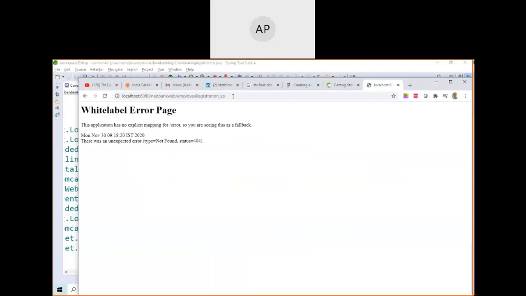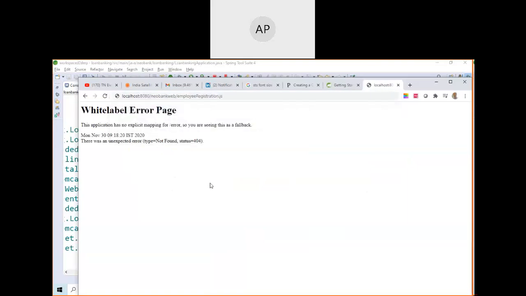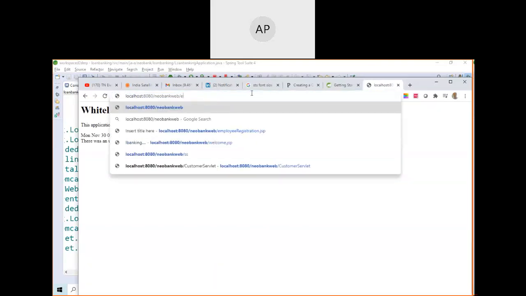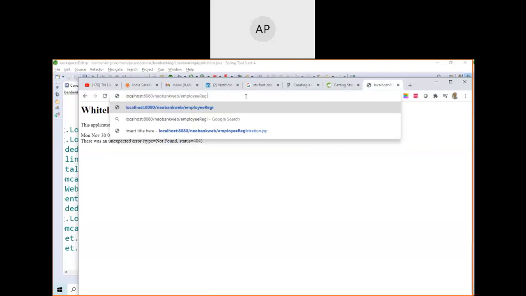If I go with the default one, I get an error: the application has no explicit mapping for /error. What is the problem? You are getting a 404 error. Just a minute, let me go here, 8080.